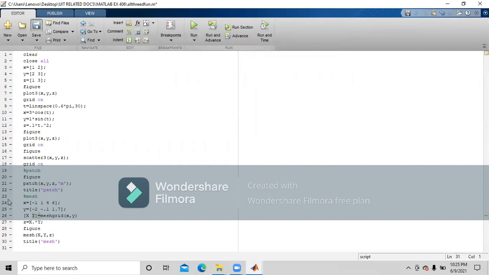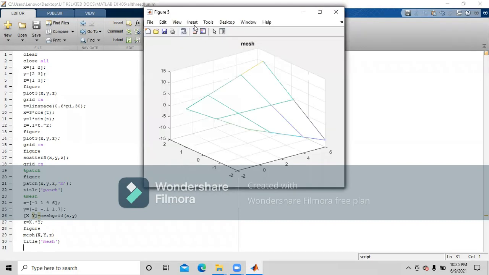And save. See, the x variable was these values and the y variable was these values. Each of these were multiplied with each other, and the X and Y, these are the arrays which are formed. Okay, so we will run it and we'll see the result.